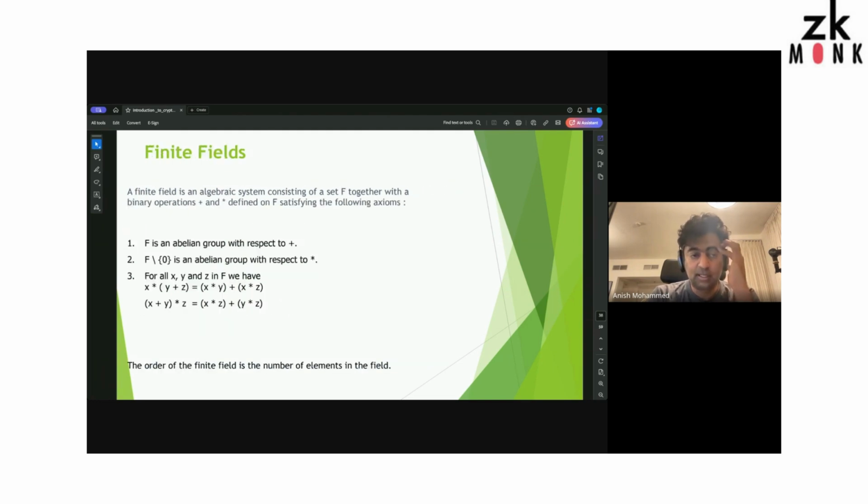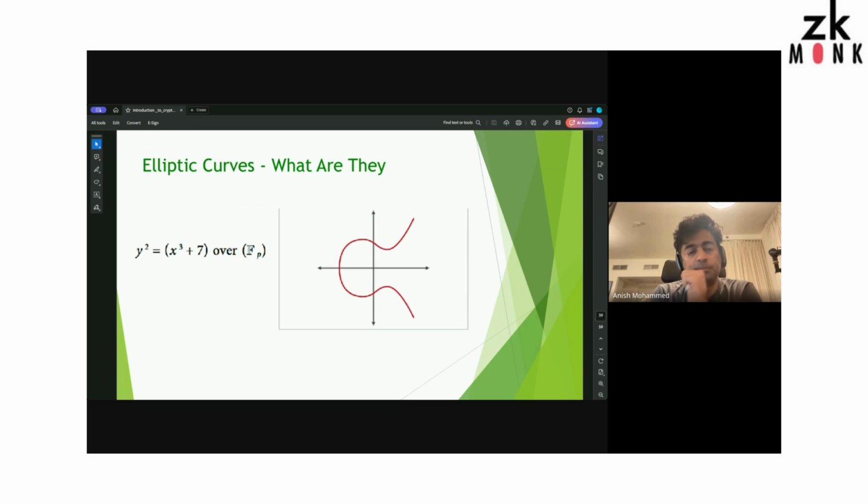So the finite field is another thing that you really need to know, in one sense of speaking, when you look for points on an elliptic curve and things of that sort. Again, when you have time, have a look. I am not going to go into details. Okay, can I have the next slide, please?